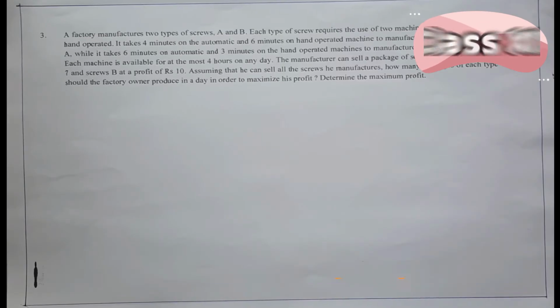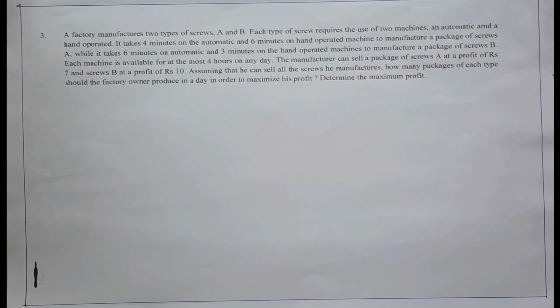Okay, now we start the third question. A factory makes two types of screws, A and B. Each type of screw requires the use of two machines, an automatic and a hand operated. It takes 4 minutes on the automatic machine and 6 minutes on the hand operated machine to manufacture a package of screw A, while it takes 6 minutes on automatic and 3 minutes on hand operated machine to manufacture a package of